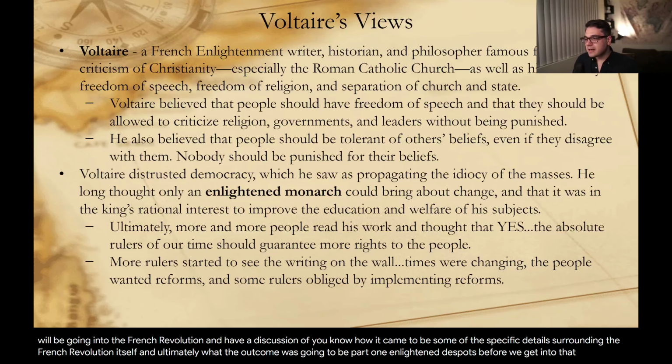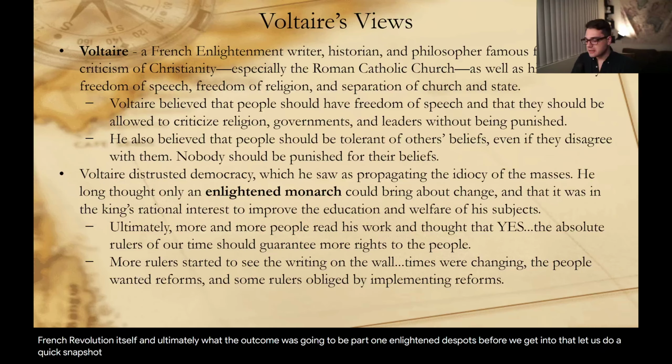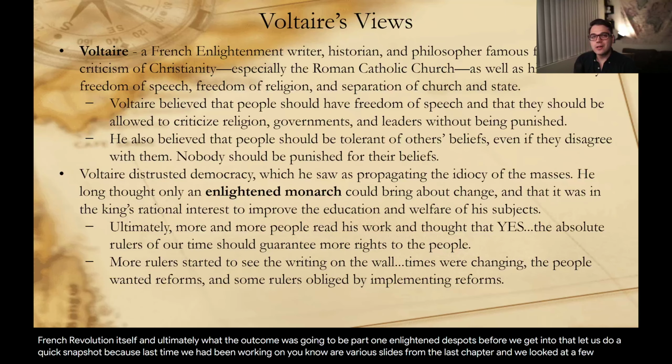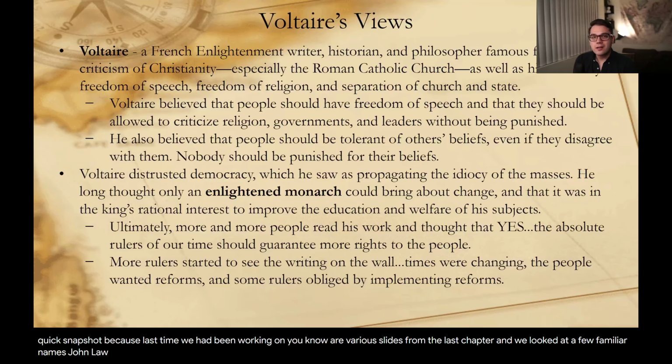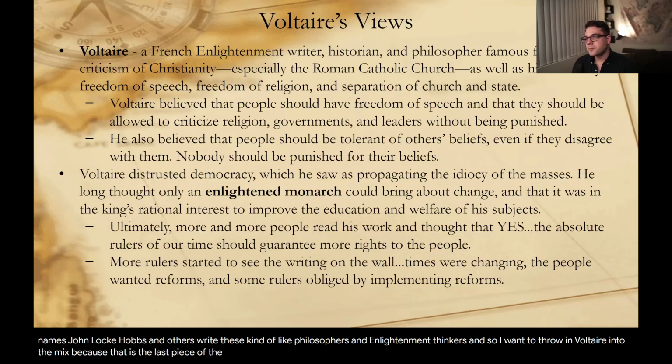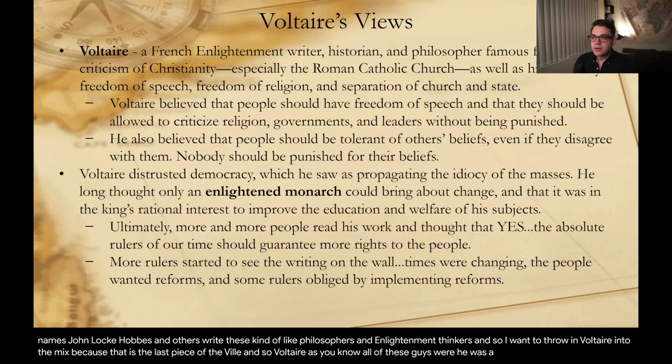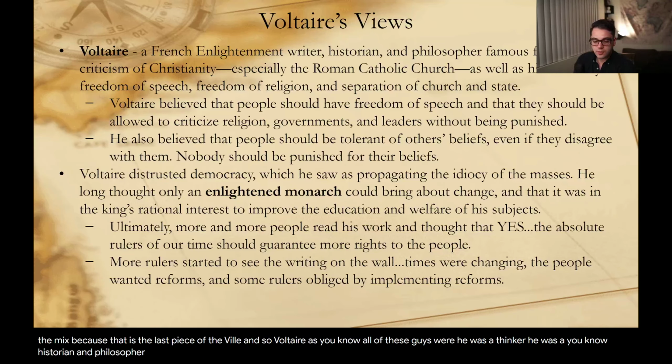Before we get into that, let us do a quick snapshot, because last time we had been working on our various slides from the last chapter, and we looked at a few familiar names, John Locke, Hobbes, and others, right? These kind of like philosophers and Enlightenment thinkers. And so I want to throw in Voltaire into the mix, because that is the last piece of the puzzle. And so Voltaire, as all of these guys were, he was a thinker, a historian, a philosopher, what have you. And his main belief was